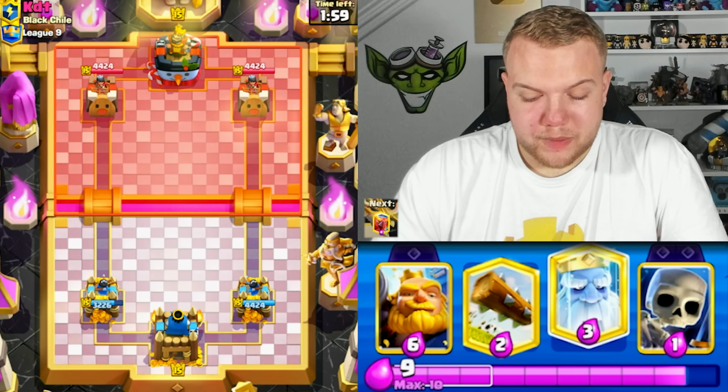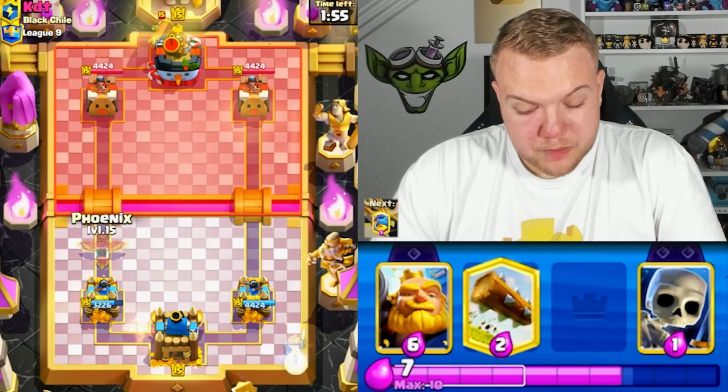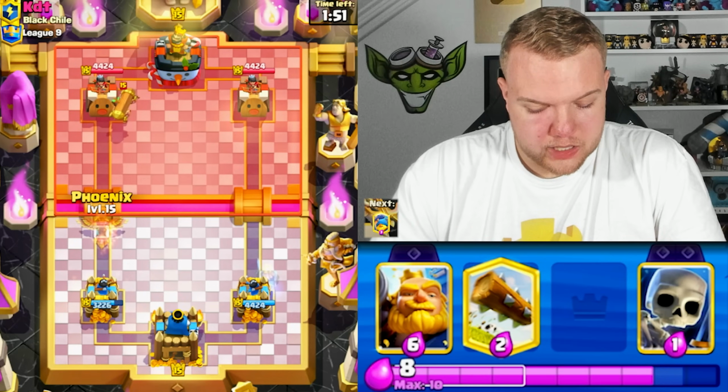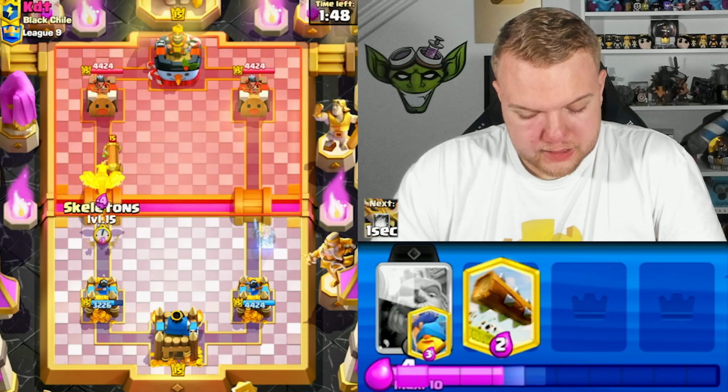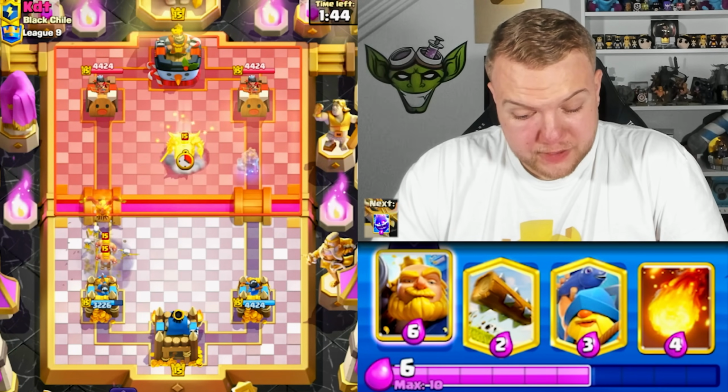And then also a nice combination against Minion Horde or against spammy troops in general is the Phoenix Explosion plus the E-Spirit, which then, for example, kills minions, which then kills a lot of the units. Okay, let's go Phoenix here. Let's go Skeletons here as well. Ghost on the right side might be able to force out something defensively, or if not, oh, looks like he